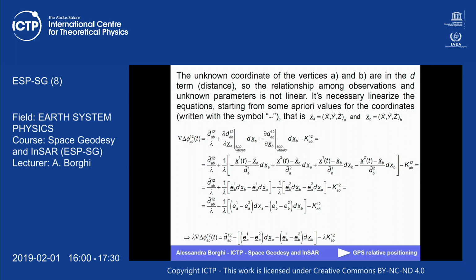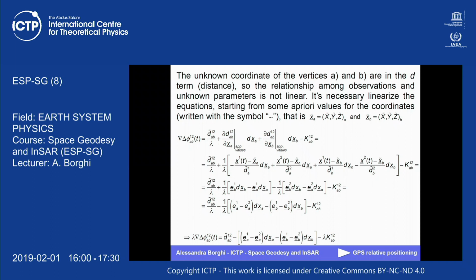To solve the problem, when you have a non-linear relationship, not a linear model, you have to linearize your model using a Taylor expansion, stopped at the first term. And so you need some approximate values. Okay, have you got any problem? No? Model is the A matrix. Yes, it was the A matrix, but the A matrix, we have seen that